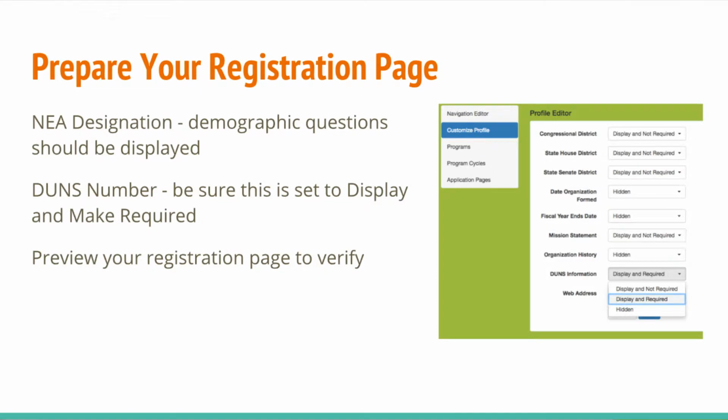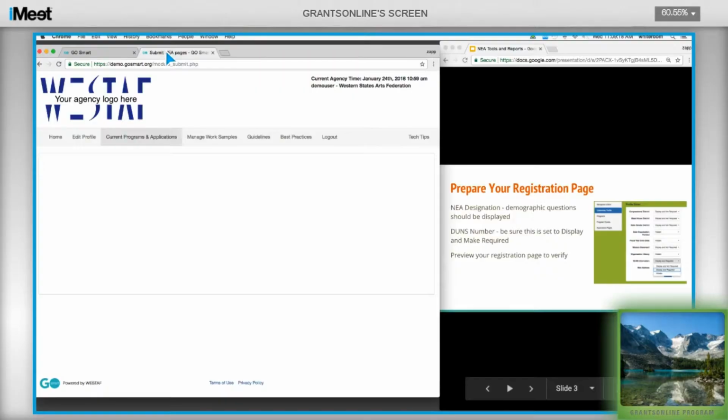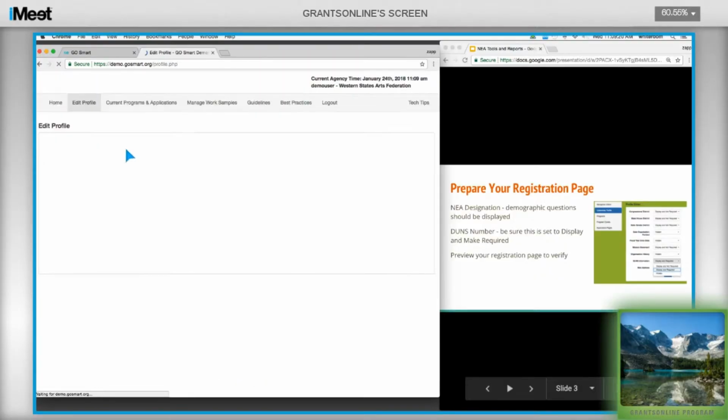All right, so when we talk about preparing your registration page, there's a couple things that need to be in play. All of you, if you report to the NEA, should be designated as what we call an NEA agency. So that's something, like I said, that occurs when we set you up at the very beginning. It's a setting that we can certainly change midstream, but by and large, when you come on board with us, you know if you're going to be an NEA reporter or not. So you should be set up such that your designation is NEA. What that means is that when your applicants come to register,